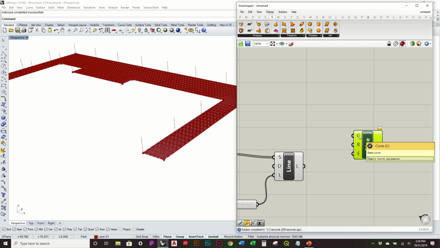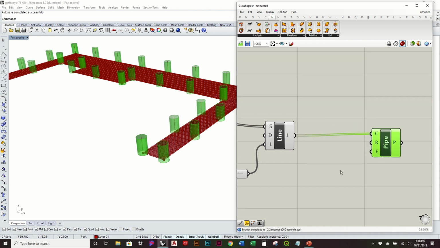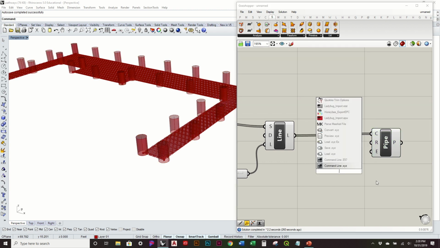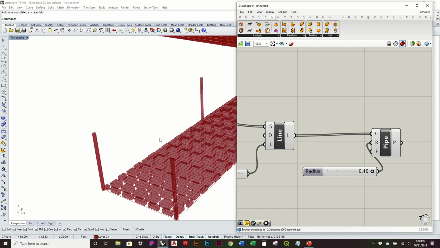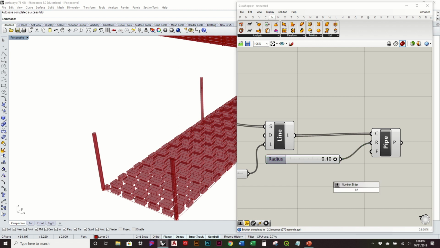So here are our base curves, right? And then the radius, again, it's going to be something pretty low. So let's start off with 0.1, right? So that's the radius, so 0.2, or if I do something like 0.125, that'll at least give me a 3-inch wide pipe